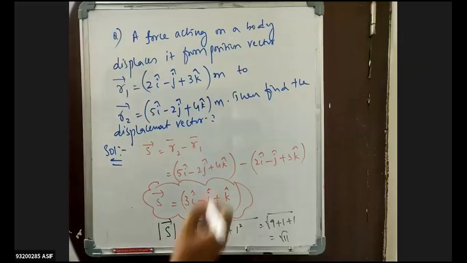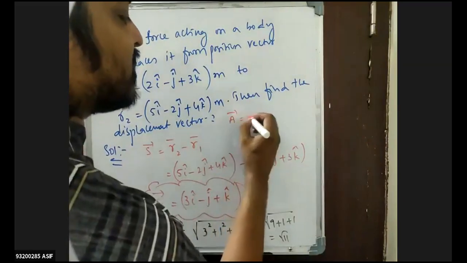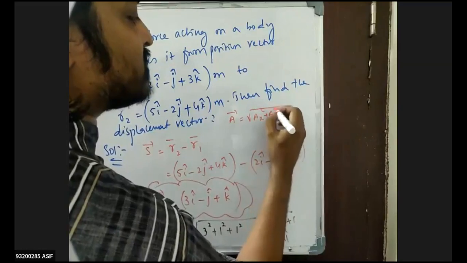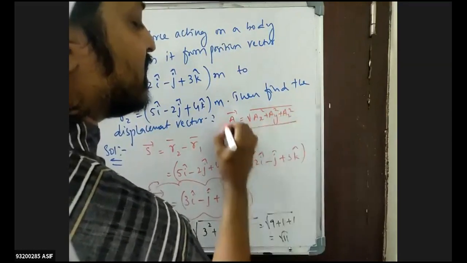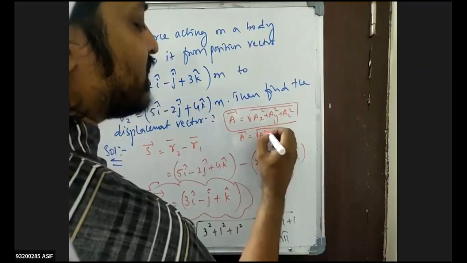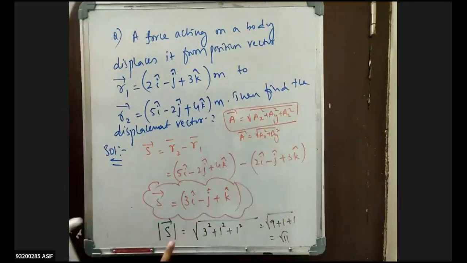So what is the formula for finding out the magnitude? I told you, the magnitude of vector A bar in unit vector form is equal to under root of ax square plus ay square plus az square in 3 dimension. In 2 dimension, it will be A bar is equal to under root of ax square plus ay square. So the negative term will also become positive. That is the reason I'm simply squaring it and rooting it. That's it. Clear? Yes, sir. Thank you, sir. Okay, chalo.